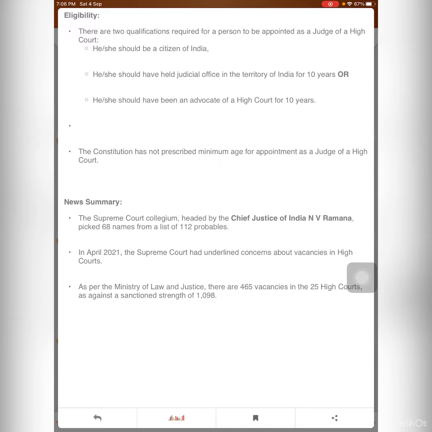News summary. The Supreme Court Collegium, headed by the Chief Justice of India N.V. Ramana, picked 68 names from a list of 112 probables. In April 2021, the Supreme Court had underlined concerns about vacancies in high courts. As per the Ministry of